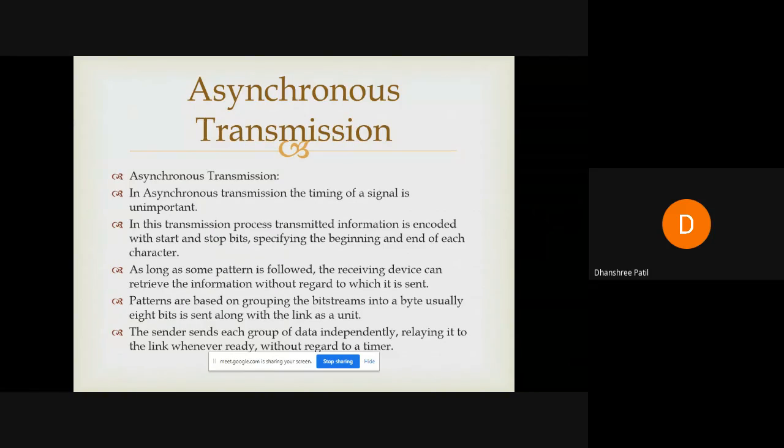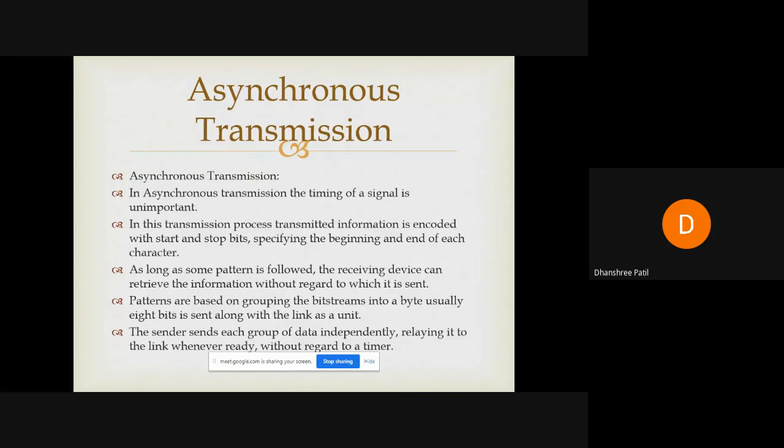But email is an example of asynchronous transmission, because we can send the email, but it is not required that the receiver should always be present at the receiving side. Such transmission is called asynchronous transmission. In asynchronous transmission, transmitted information is encoded with start and stop bits, specifying the beginning and end of each character. I hope you have understood the meaning of the start and stop bit; we have seen it in the third chapter,